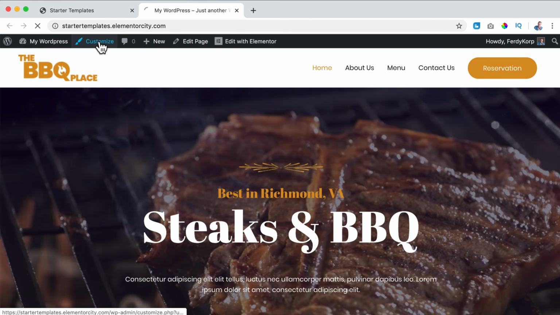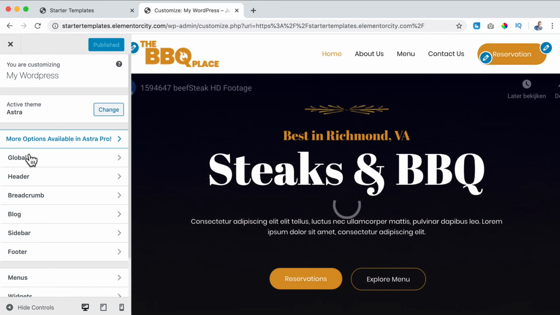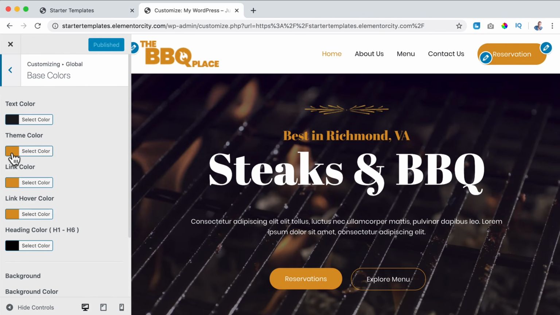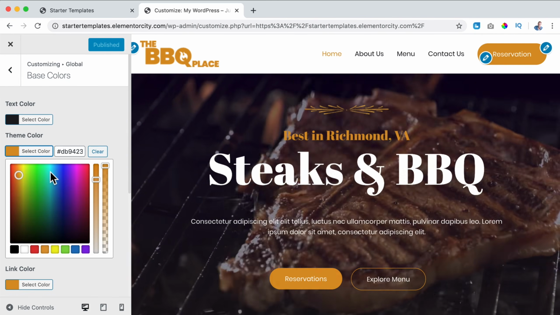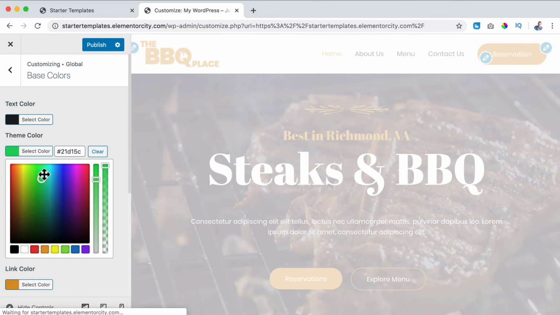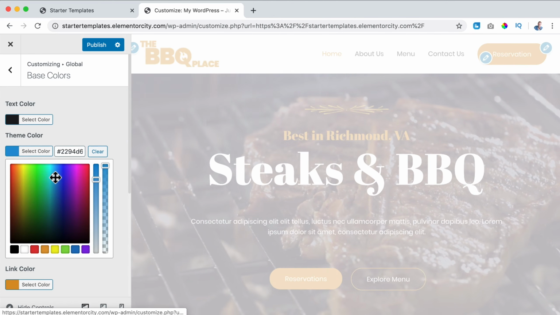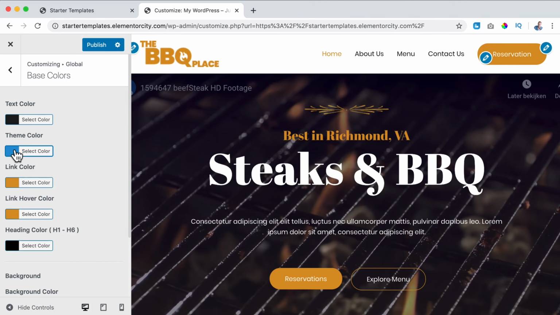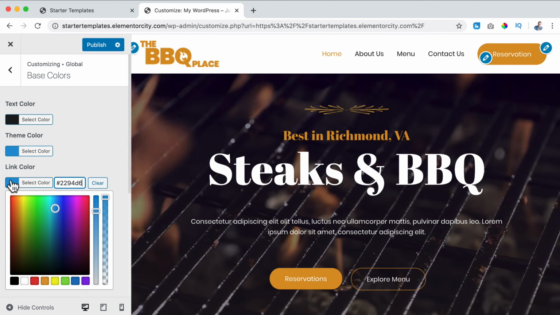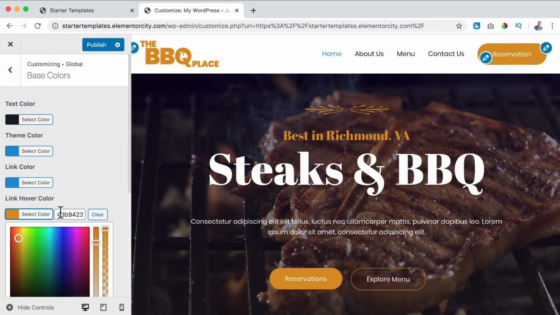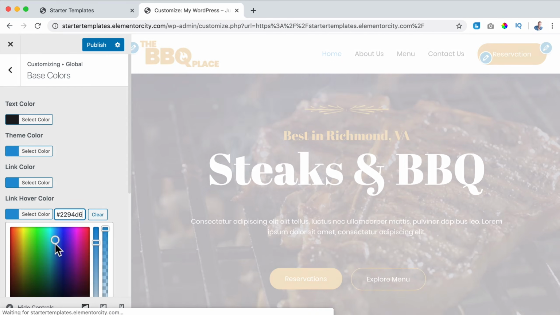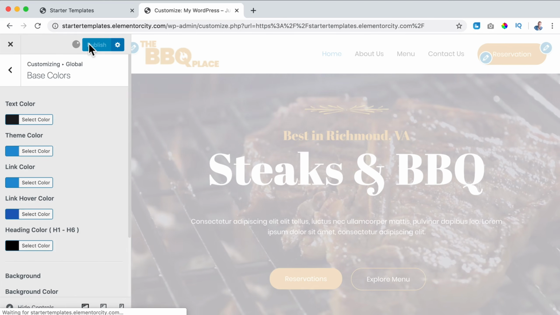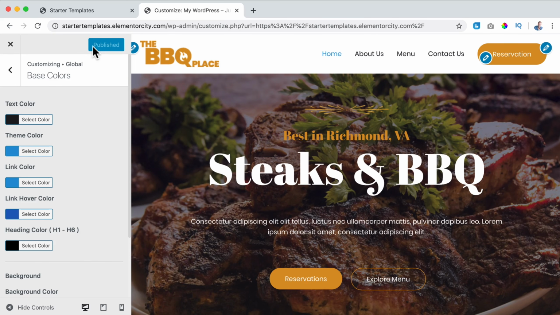First, go to customize. Then I go to global colors, base colors, and here are the yellow colors. I want to change them. Maybe I want to have something else. Maybe I want to have this color. I copy this color. I paste it over here. And I also paste it here. And I want to make this color a little bit lighter or darker because it's a hover color. Publish. Then we can go back